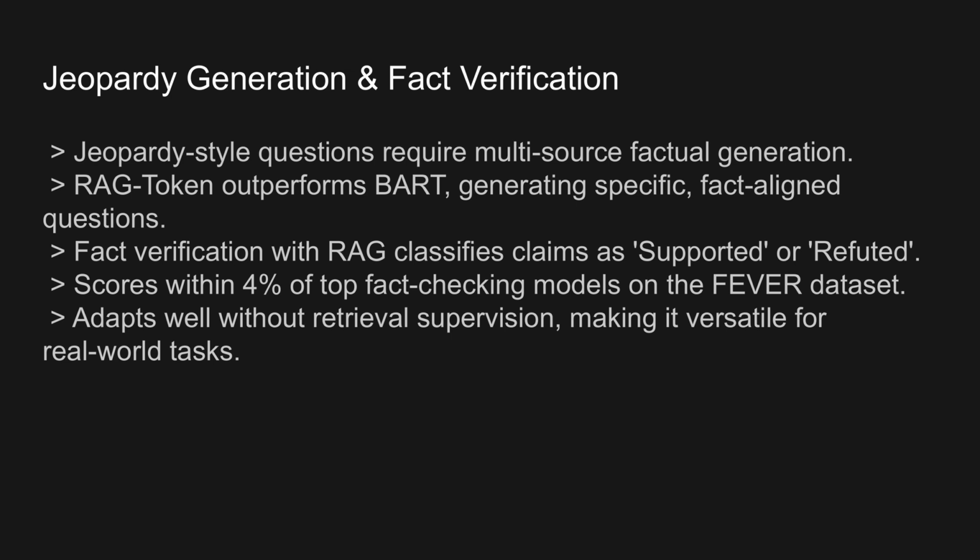How does RAG handle this? RAG performs quite well, achieving results within 4% of specialized fact-checking models that require retrieval supervision. RAG is unique here because it doesn't rely on manually labeled retrieval supervision during training. It uses its retrieval component dynamically, which makes it more adaptable and practical for real-world verification tasks, where supervised retrieval